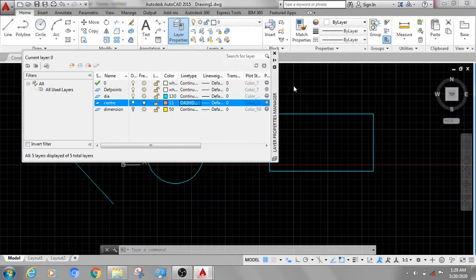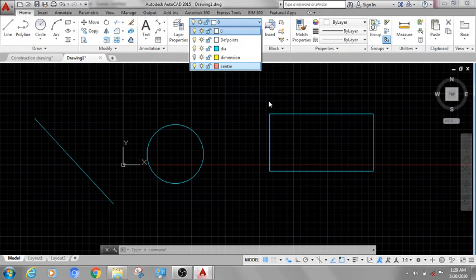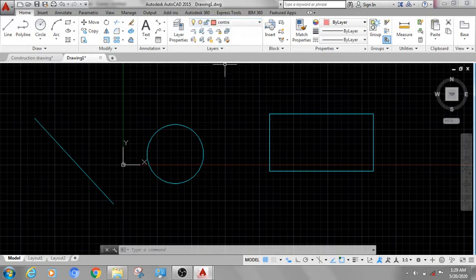Now I want to work in the center line layer. First we created a diagram, after that we gave a dimension, then we created layers. But now, first I created a layer for center line. After that I select center as my current layer.